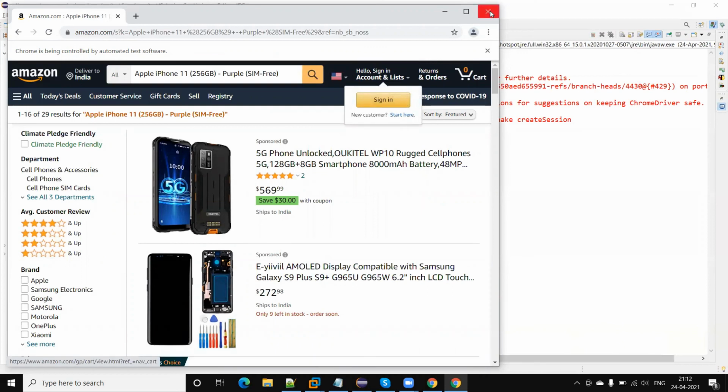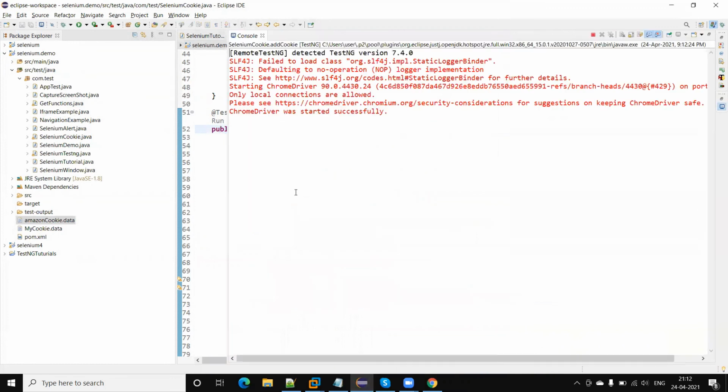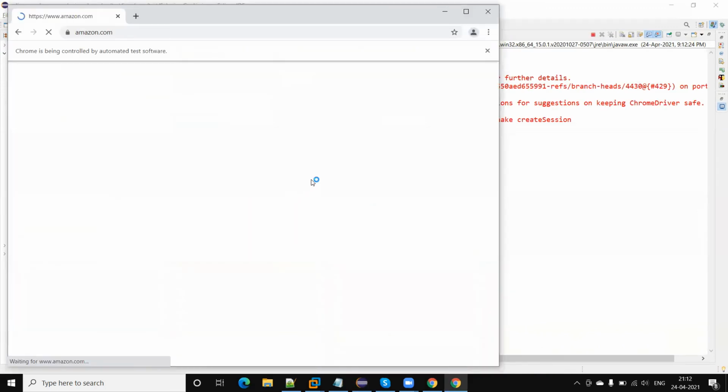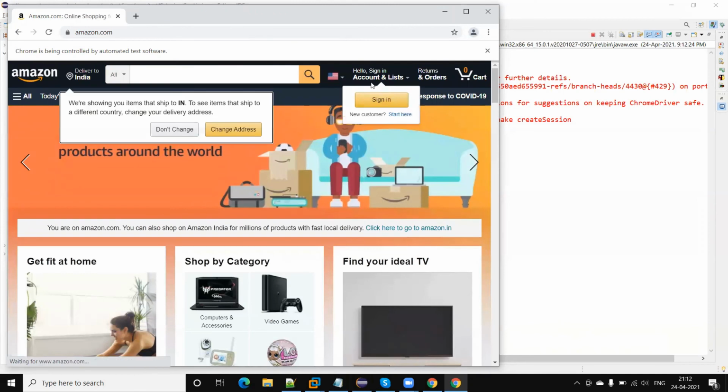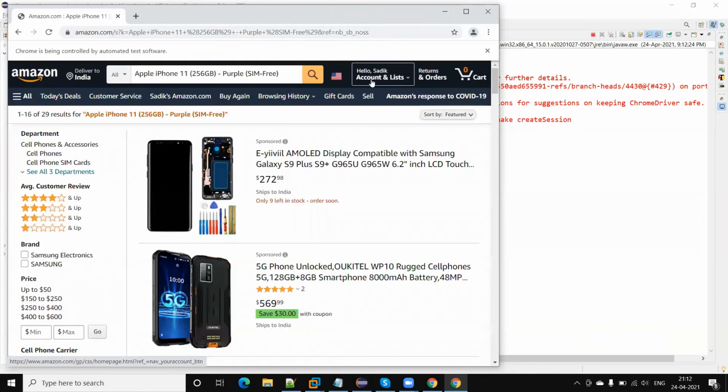Okay, so why am I able to log in here? Because I have added the cookies. I have already stored the cookies of the corresponding user, and when I run this I am able to log in successfully with the help of the cookie. Now you can see here I'm getting hello sign in, but after the cookie is added I started getting hello Sadiq name.